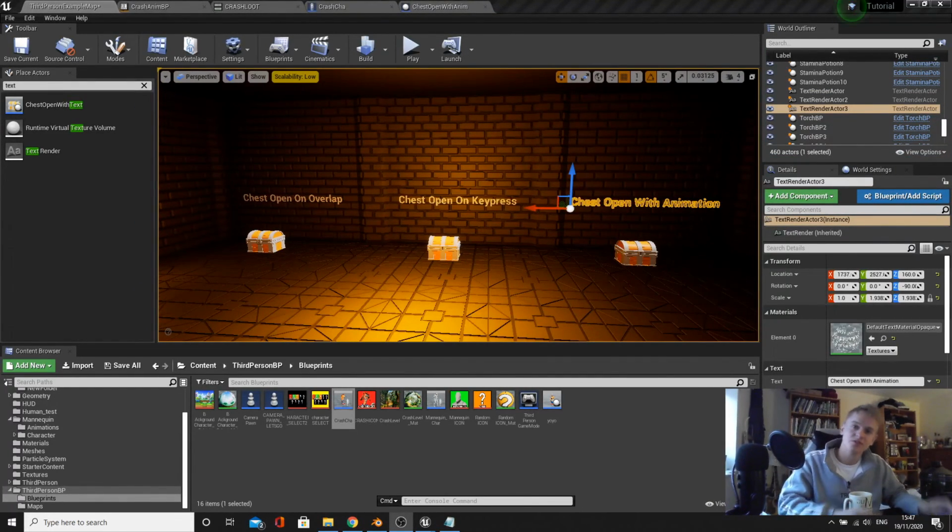Next time we're doing an inventory system where we can pick up objects, throw away objects, pick up quest items, stack objects, etc. We're doing a lot. We might be doing different tabs for the inventory system, so stay tuned for that. That's going to be a really good episode, but it might take me a while to put together just because I need to look up a few things to make sure I can pass on the information to you guys as efficiently as